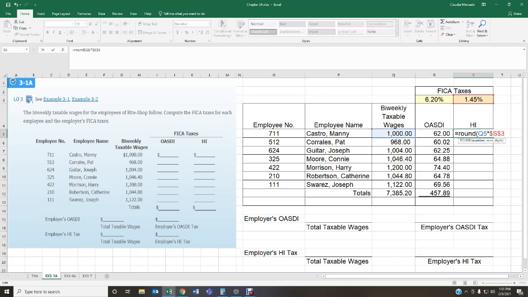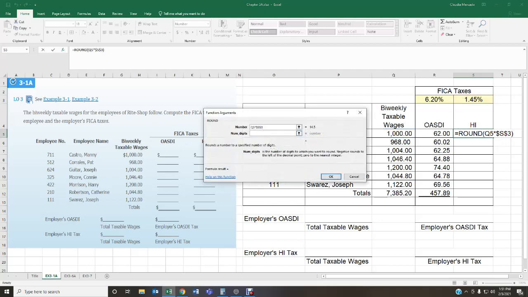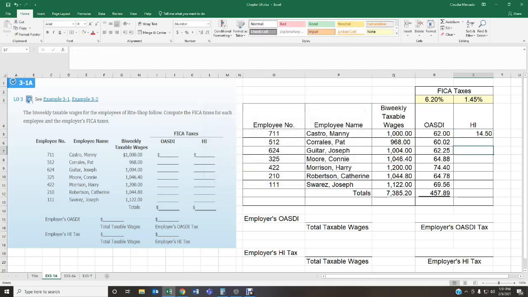Then I'm going to go back to my formula bar, and I'm going to say I want to round to 2 digits. Okay, and that gives me $14.50. Once my formula is complete, which I multiplied the 1,000 times the 1.45%, and we're rounding to 2 decimals,